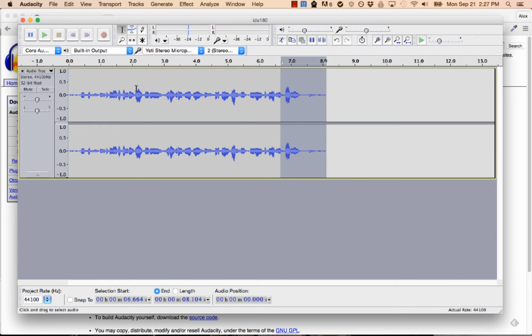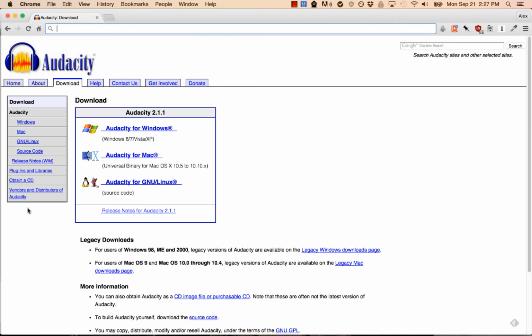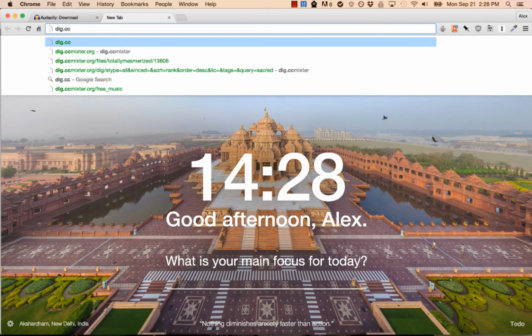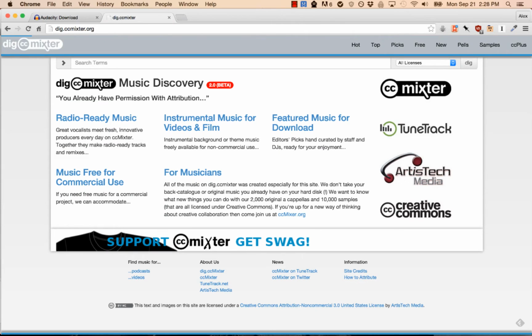Now, for a little bit more practice on, say, adjusting volume, bringing some audio from outside, let's think about music. Navigate to dig.ccmixter.org, and you're going to find a site that allows you to get Creative Commons music or audio effects for you to use. And we have here a search bar at the top,